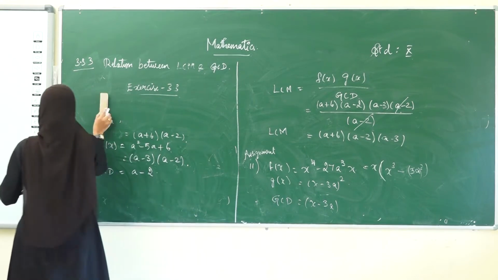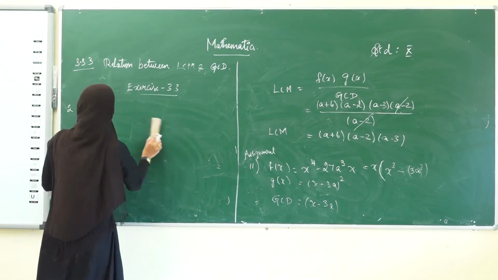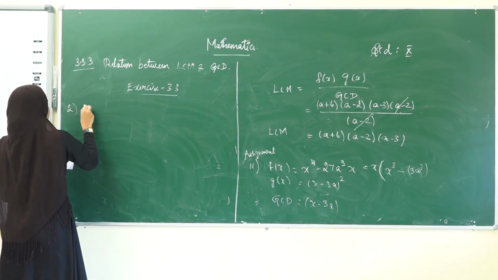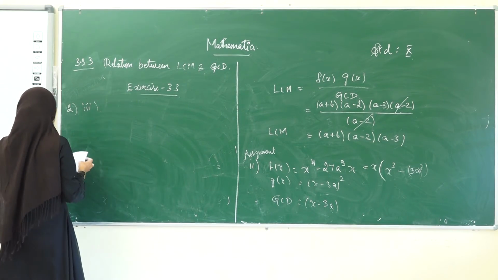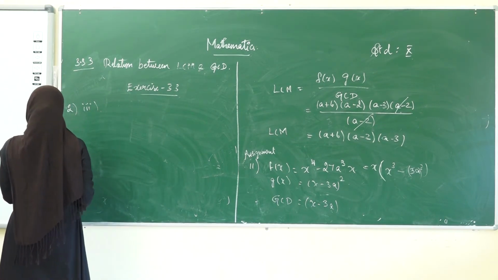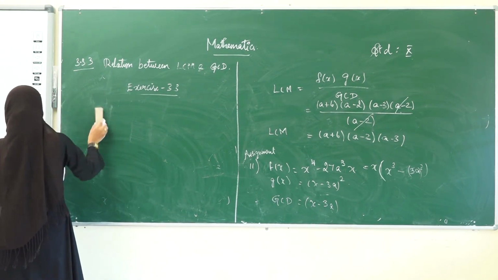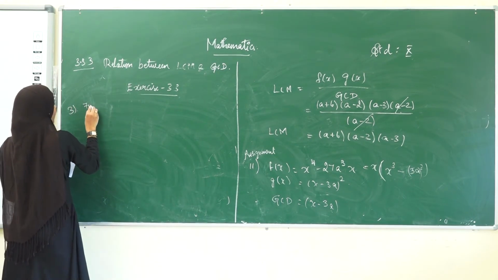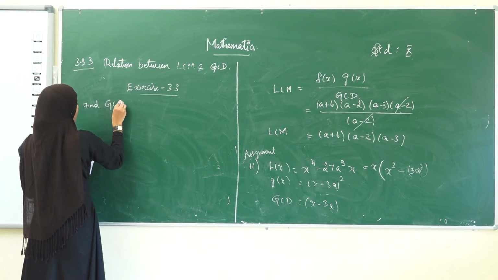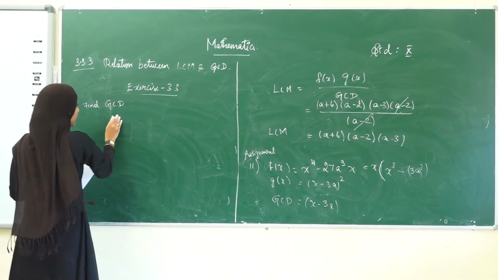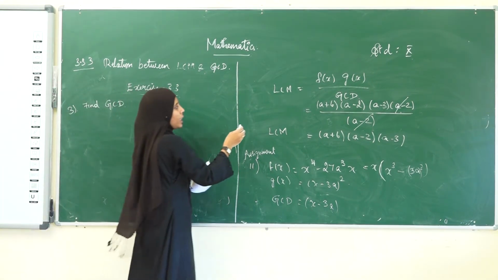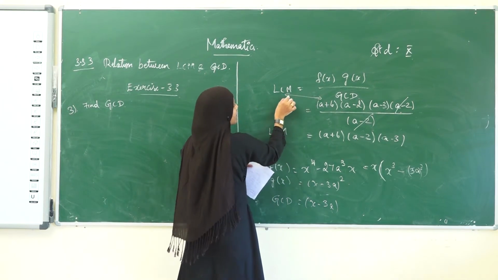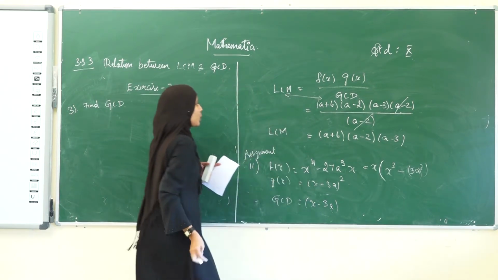Let us move on to the third subdivision. Okay. Third subdivision in the second sum. What's the third subdivision? So there are only two subdivisions. Now we are going to move on to the third question. See, in the last question we found LCM. In this question we are going to find the GCD. The same thing. Here this LCM goes here and GCD comes here. The same formula we are going to use.